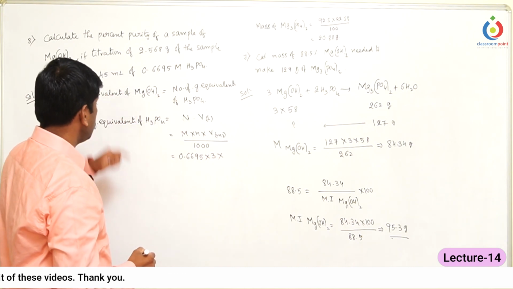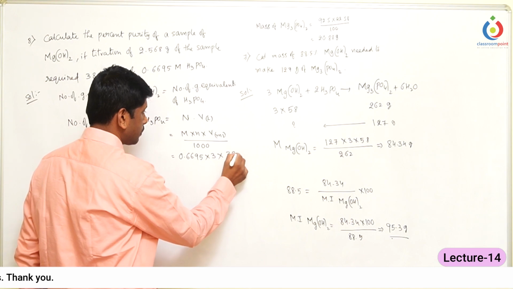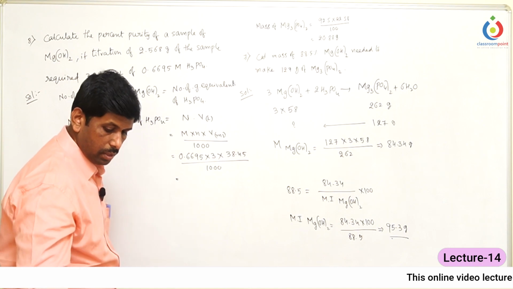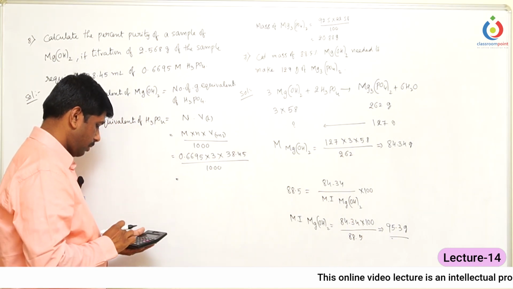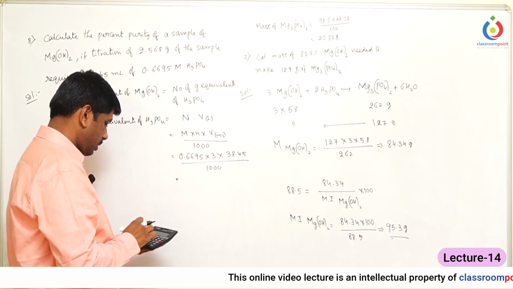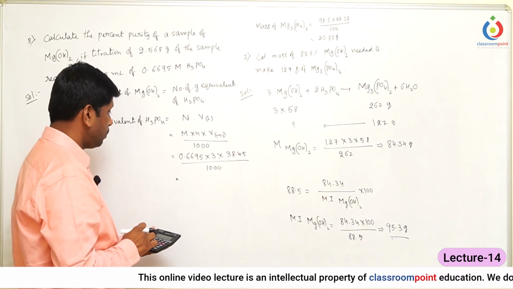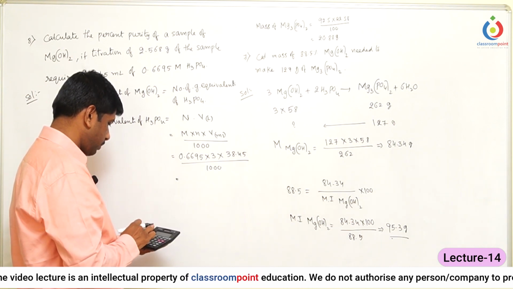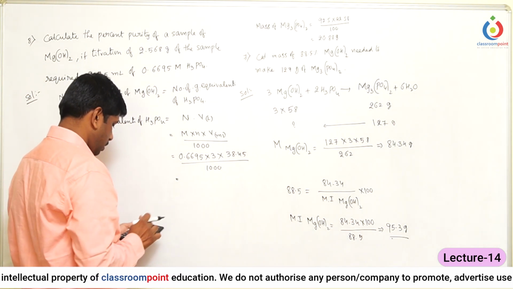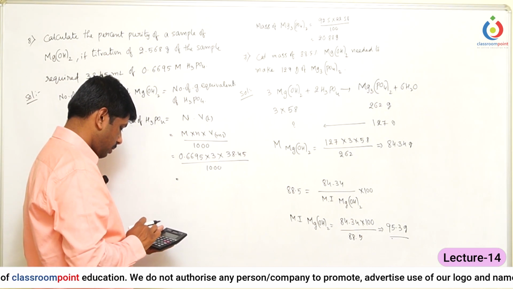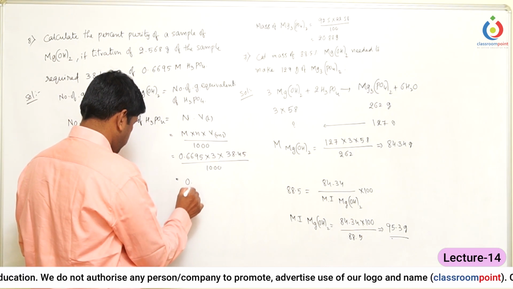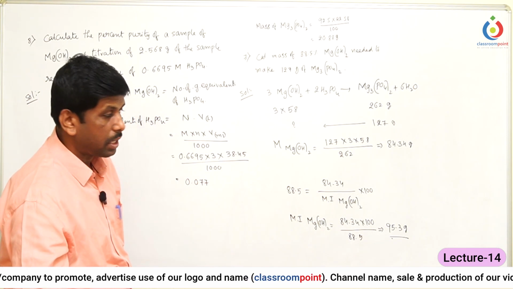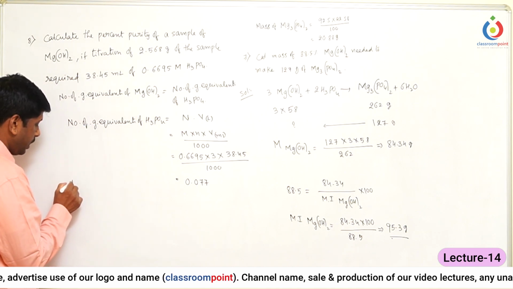Volume is equal to 38.45 divided by 1000. So let us do the calculation for this. 0.6695 into 3 into 38.45 divided by 1000 equals 0.077. This means the number of gram equivalents is 0.077. So the number of gram equivalents